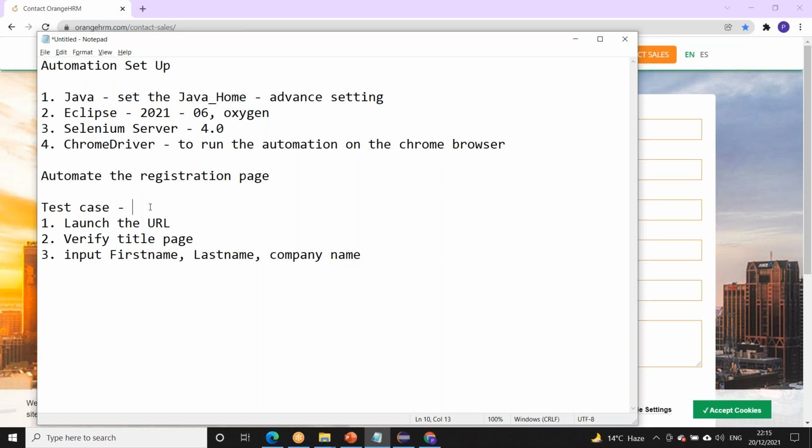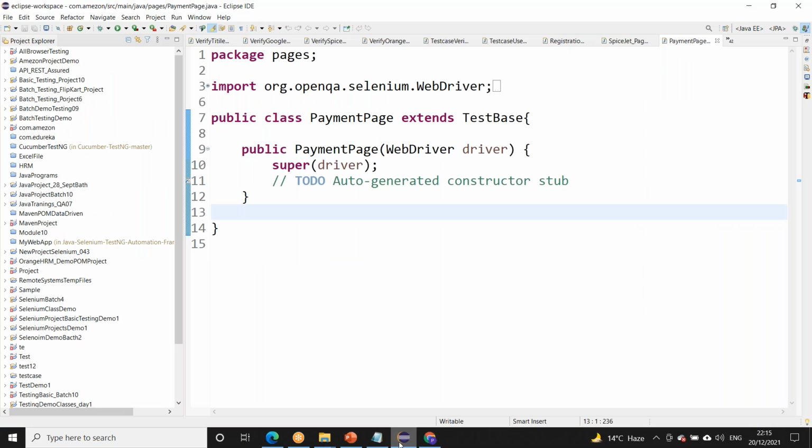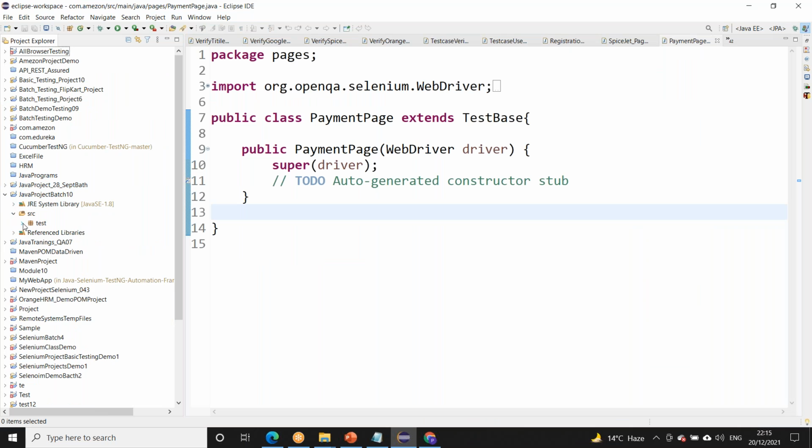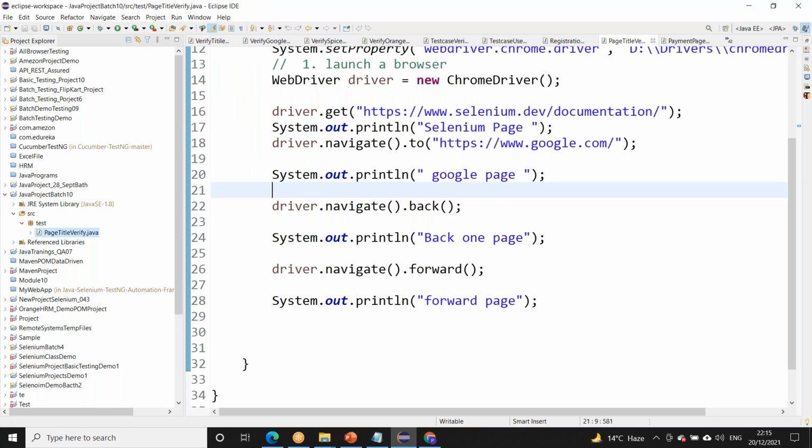Fine. So what all things do we need in this? We will see. So we have opened this page here. Okay, so we have covered this one, right guys? Google page, open, navigate back and navigate forward. Yes or no?